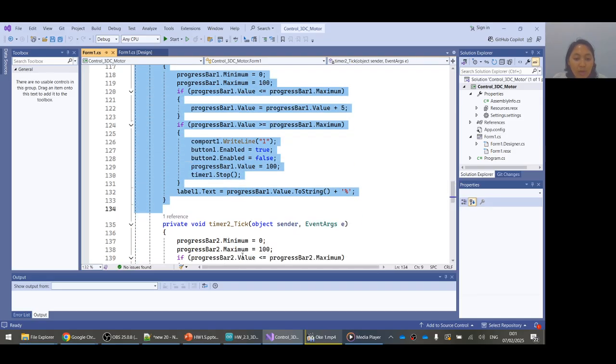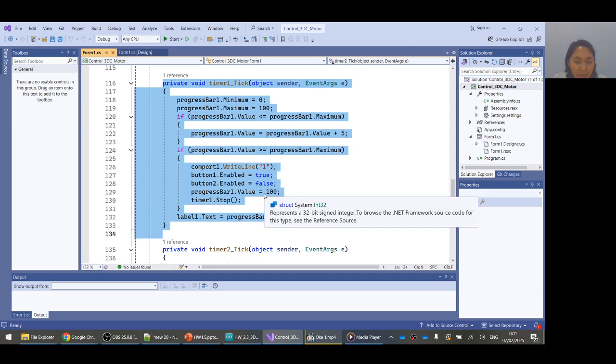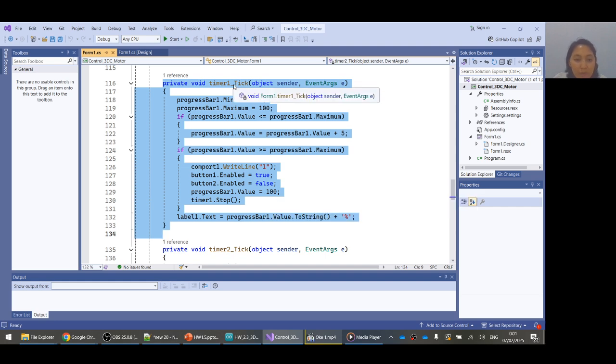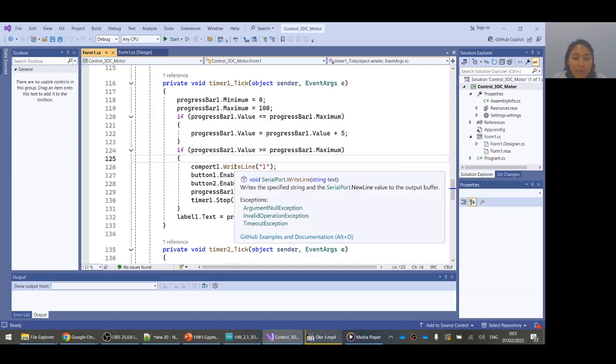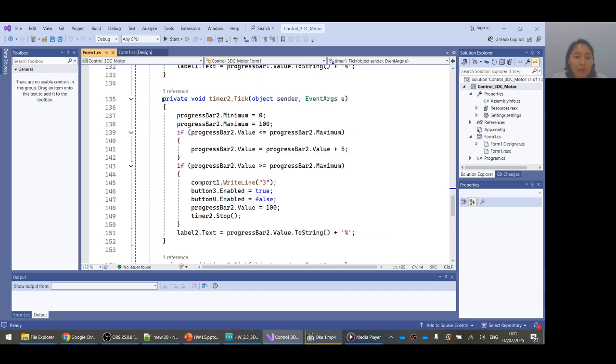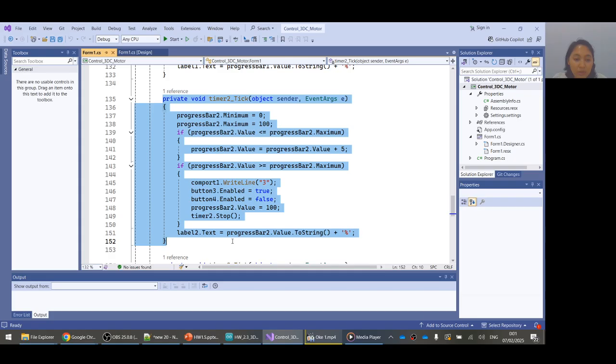There are 3 timer ticks. The timer 1 underscore tick is for activate or show the value of level 1 and also activate the progress bar 1. And then for the timer 2 underscore tick, this is the same.